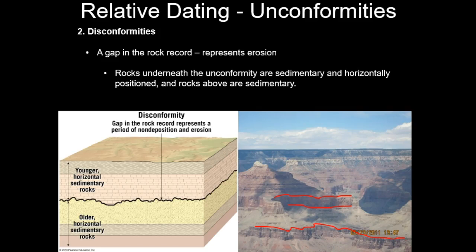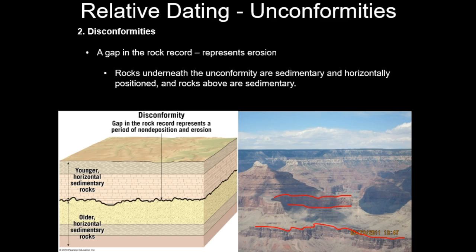All right. So the second type of unconformity is a disconformity. And the disconformity is a gap in the rock record that represents a period of time during which erosion rather than deposition occurred. So it simply represents erosion of sedimentary rock layers. It's kind of a lame unconformity. So in the case of disconformities, the rocks below the missing period of time and above it are sedimentary, and